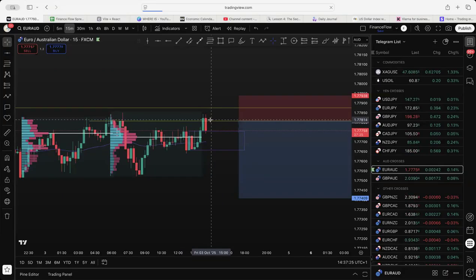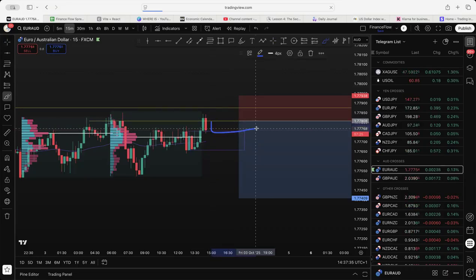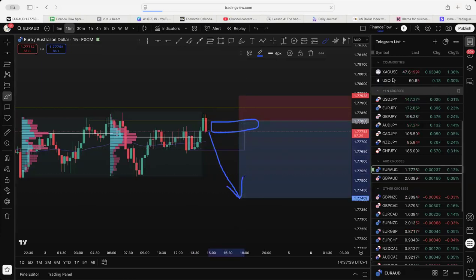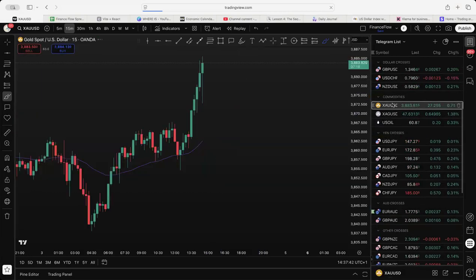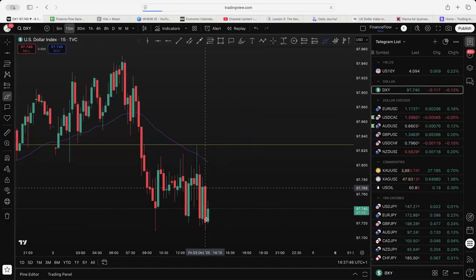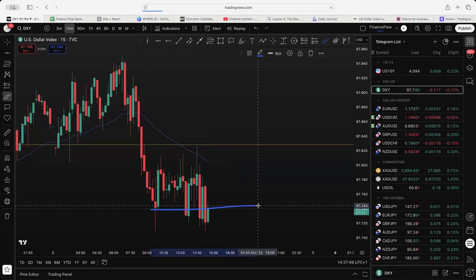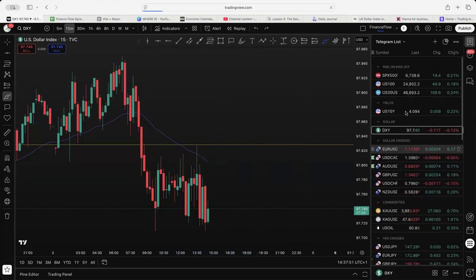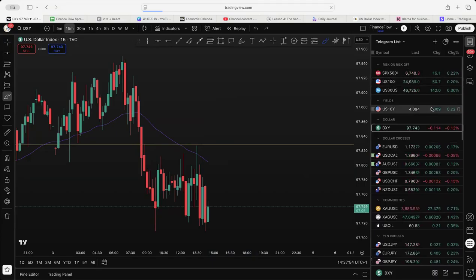We want one more nice clean break. Ideally, we want this downwards candle to engulf, and then anywhere in this area here, you'd be looking to sell it to the downside. That would mean potentially gold is pushing back up. Yes, it is. And the dollar is pushed back down, just retesting this. Let's wait and see. How about everything else? Stock market not really up, and yields not really up either. So let's wait and see.